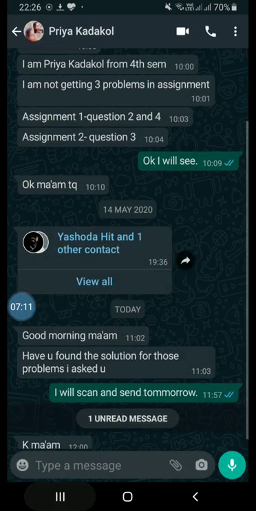All are column vectors with orders m into 1, n into 1 and p into 1 respectively.